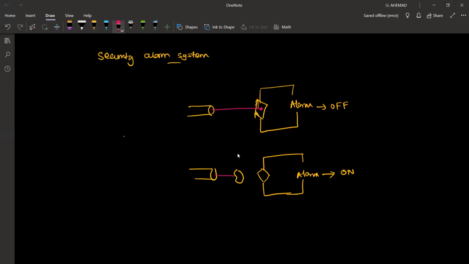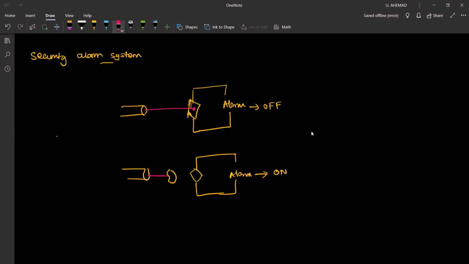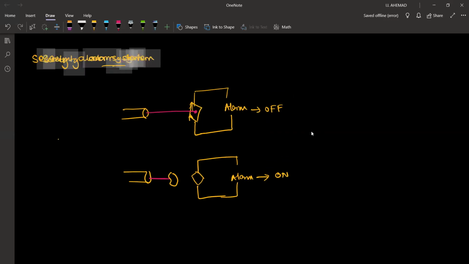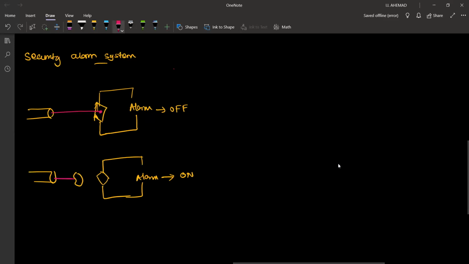It is blocked. So let's see if we can construct this security system using a combinational logic gate. Let's use a NOT gate. This goes to the alarm. So in this NOT gate,